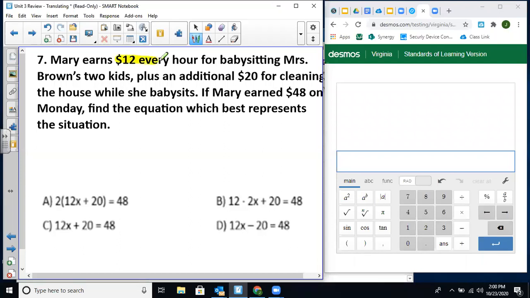So we have $12 every hour for babysitting Mrs. Brown's 2 kids, plus an additional $20 for cleaning the house while she babysits. If Mary earned $48 on Monday, find the equation which best represents the situation. All right, so